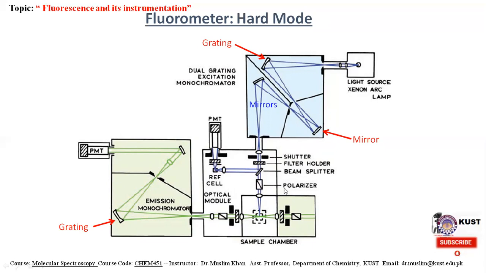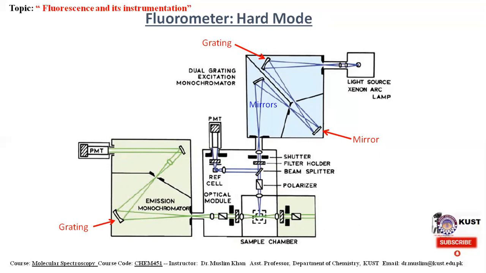And then there is a polarizer, and then this light is going to the optical module, and this is going to the emission monochromator. So here again there are a grating and lenses, and this is focusing this emitted light into the PMT, photomultiplier tube. So this is the more detailed view of